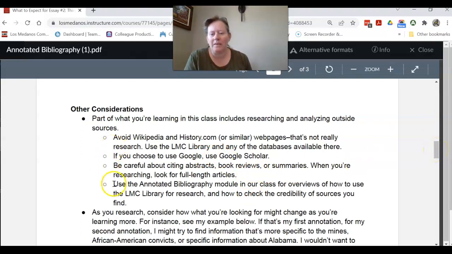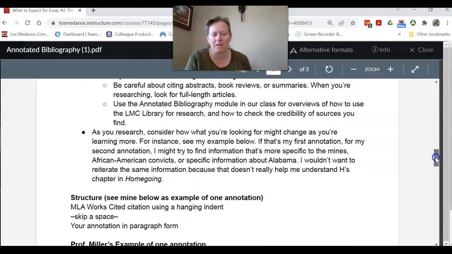I will be today creating the annotated bibliography module in the class, so that way everything that you need for the module will be in one place. Again, just to kind of make it easy, you don't have to hunt all over for everything. The other thing too is that